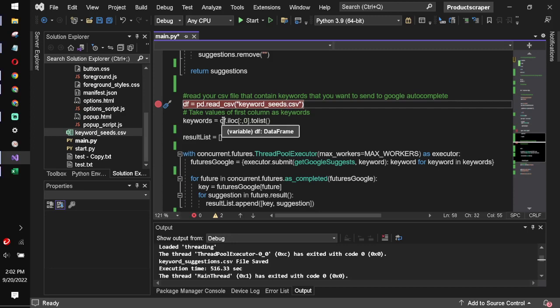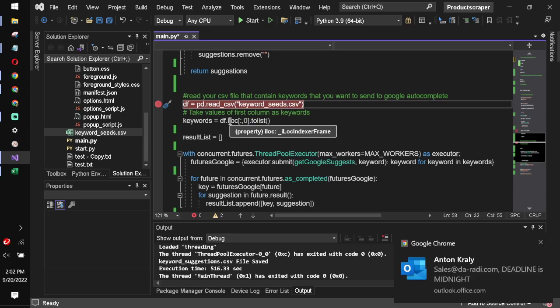There are methods for this data frame that let you save the result from reading this file into different formats and different types of data. So in this case, we load this to the frame data,